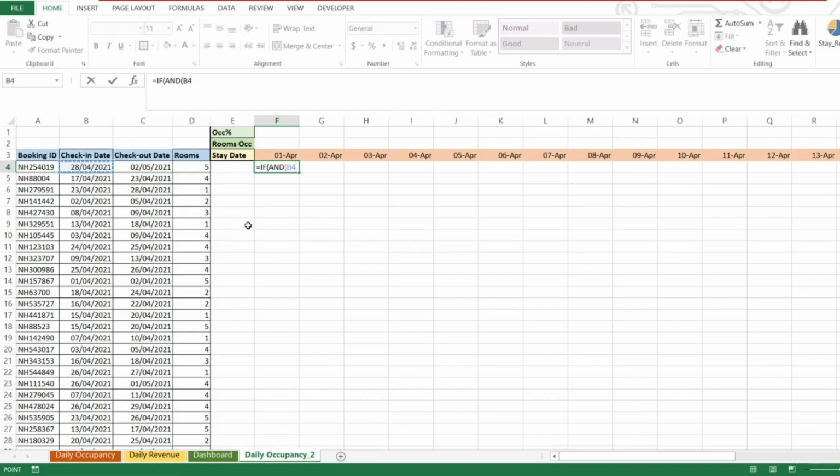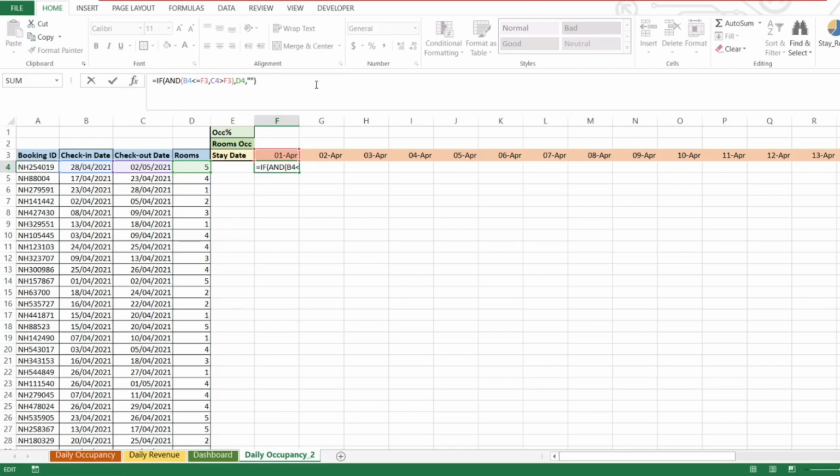What I'm doing is, if the check-in date is less than or equal to the stay date and the checkout date is greater than the stay date, then return the rooms occupied. Or else give me nothing. So the double inverted commas are for nothing. We'll apply this. Of course, we'll get nothing because the guest check-in is 28th of April, checkout is 5th of May.